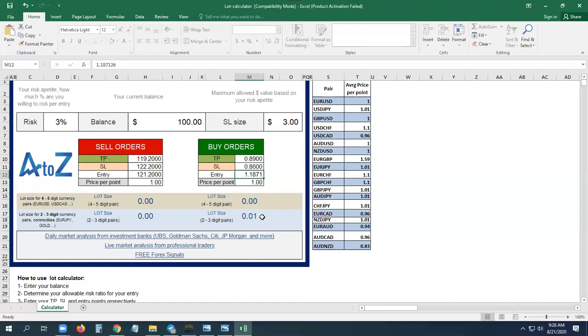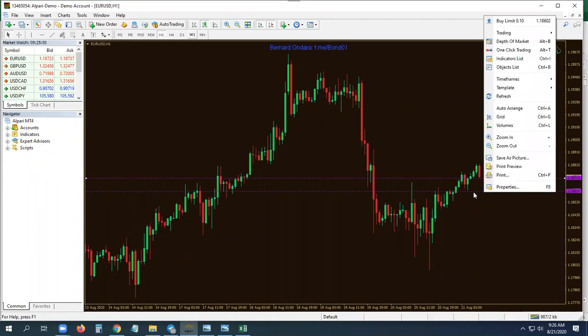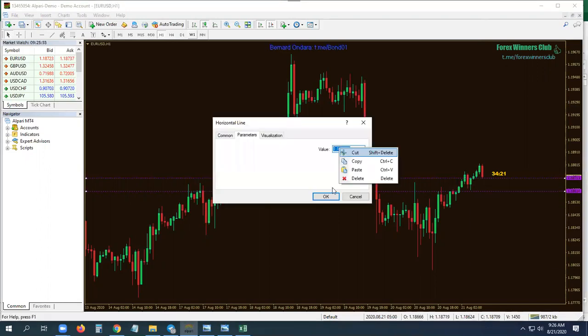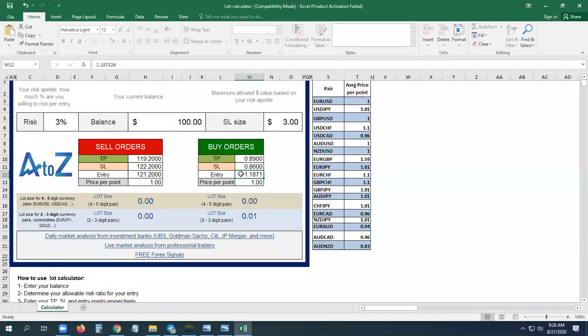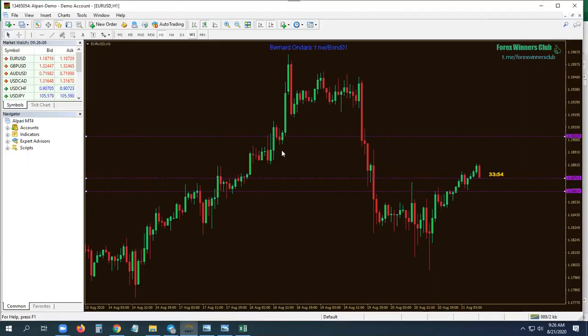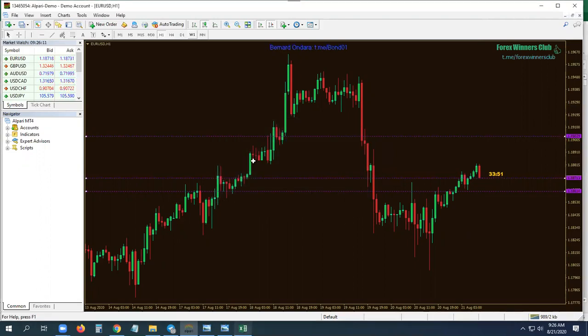And I need to give it a stop loss. I need to identify my stop loss. So if I'm buying from here and I feel my stop loss can be here, this line, I can copy it and paste under stop loss here. Good. And I feel like my target could be above here. My trade should close around there so that I make more money than I'm losing. Then I can put my TP here.